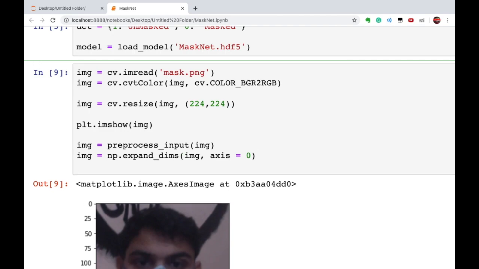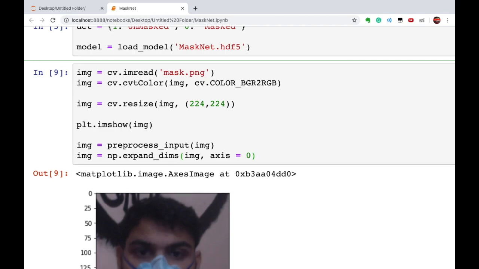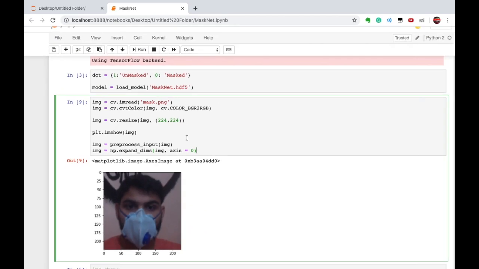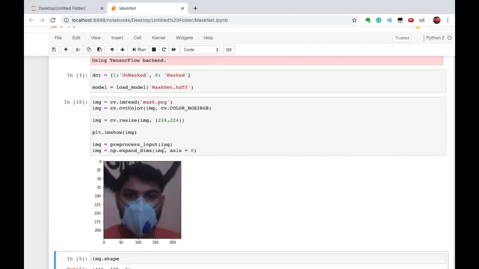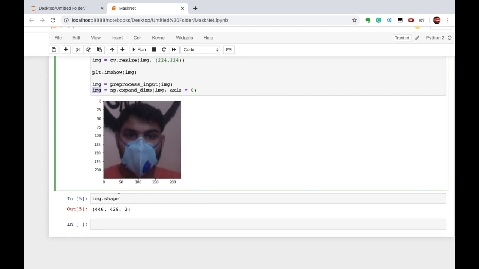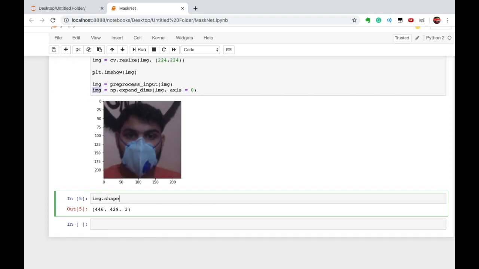So now our image is pre-processed, we have expanded the dimension, and we have converted the color into RGB. So our image is ready to be fed into our prediction model. Just execute this. Okay, so we have our image here. Let's see the shape of the image now.